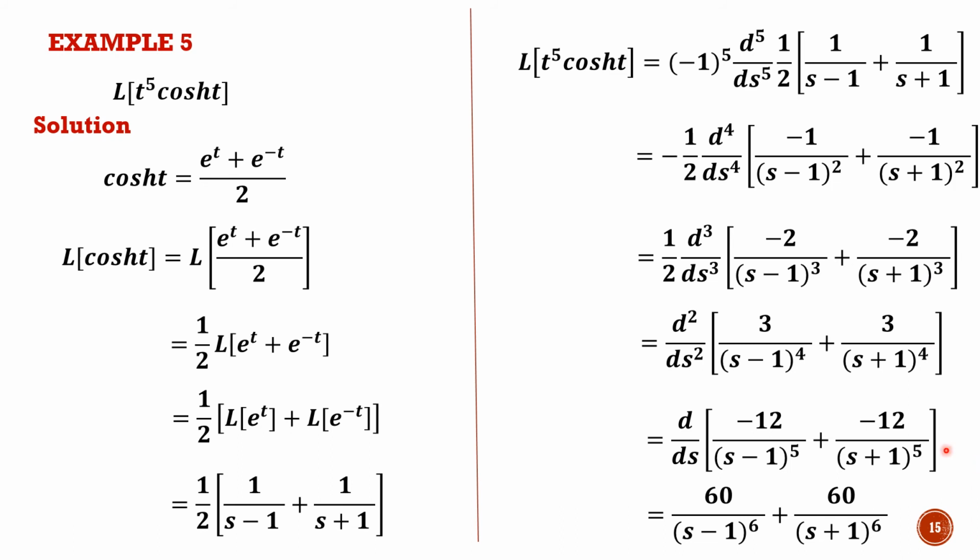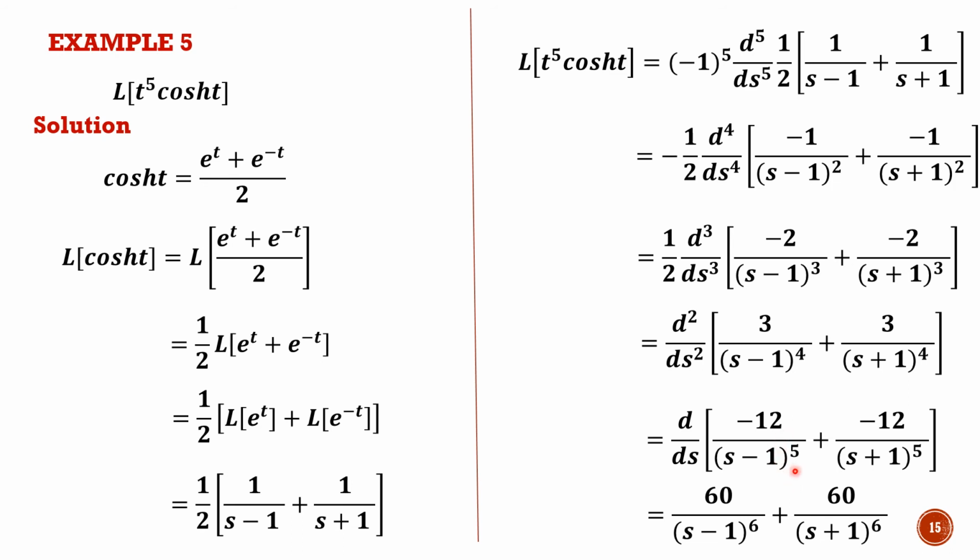You can use u by v here also. I've just done 1 by x. 1 by x derivative, I'm going on applying that. So 1 by x is minus 1 by x square. Then 1 upon x square derivative is minus 2 upon x cube. Then 1 upon x cube. So go on differentiating 1 upon x, 1 upon x square, 1 upon x cube, 1 upon x raised to 4, etc.